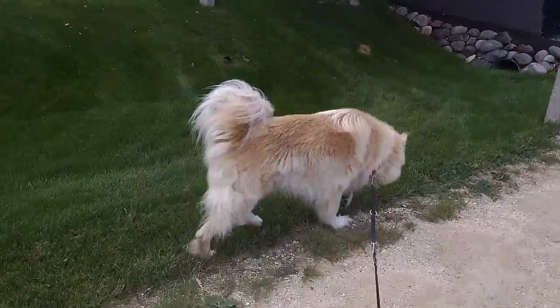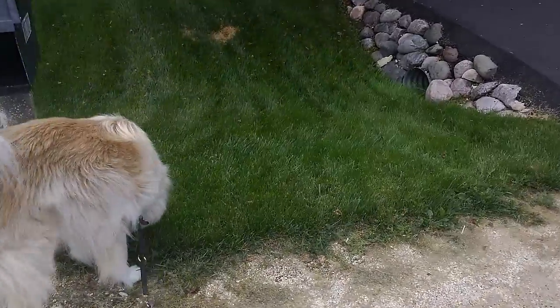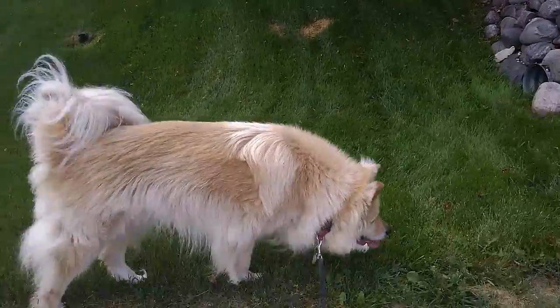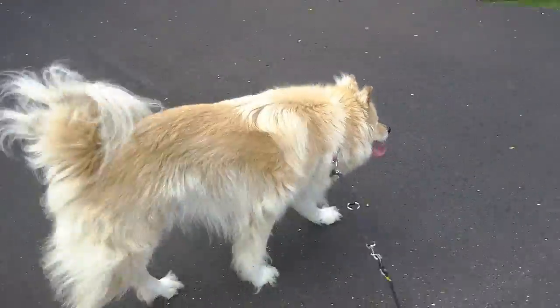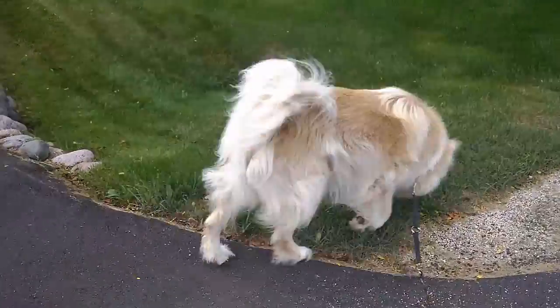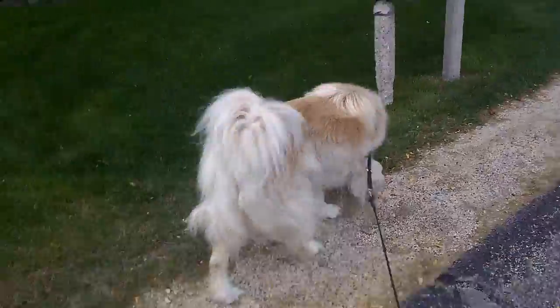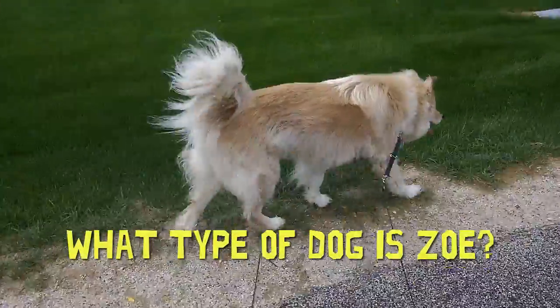I was a little worried about her because when she started having really bad pains related to arthritis, she stopped eating, and she lost a couple pounds. So I'm trying to get her to eat more and build that back up, but so far it's going so good, so that's good. The next question would be what kind of breed she is, and she actually is a